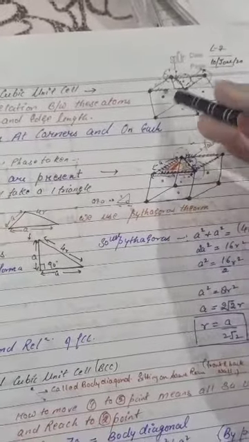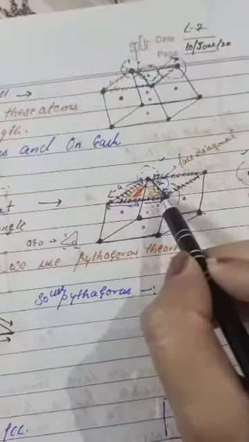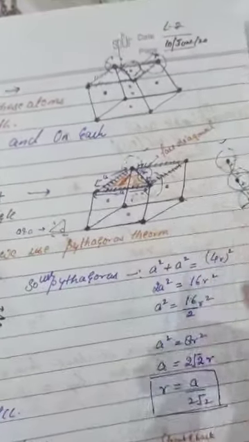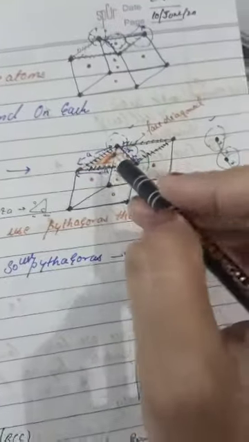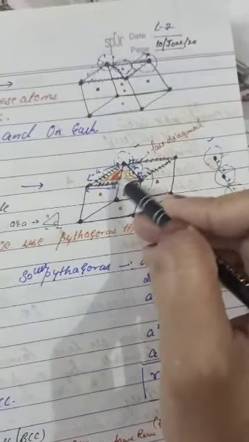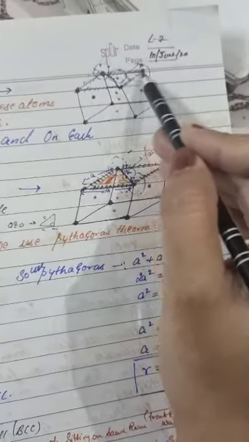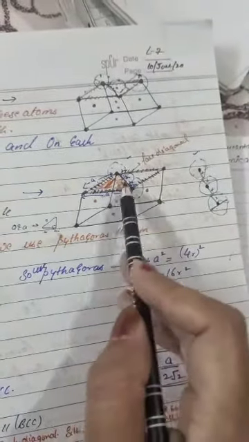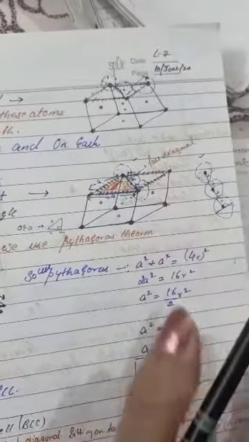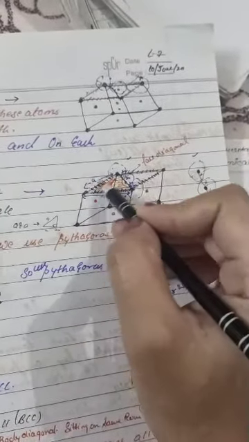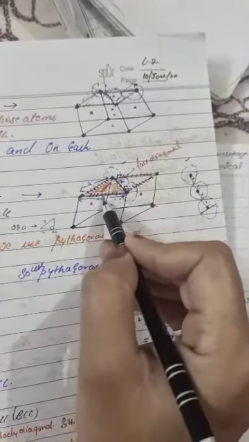Fine. So here what we can say, in this one side, this one diagram is visible to you. Now see this one diagram, please see it very nicely. On this diagram, I have taken the upper portion, this portion and this portion. I am using this portion, but I am not using this portion. So the orange colored portion is the one I am using. So edge length A we have taken, A edge length.